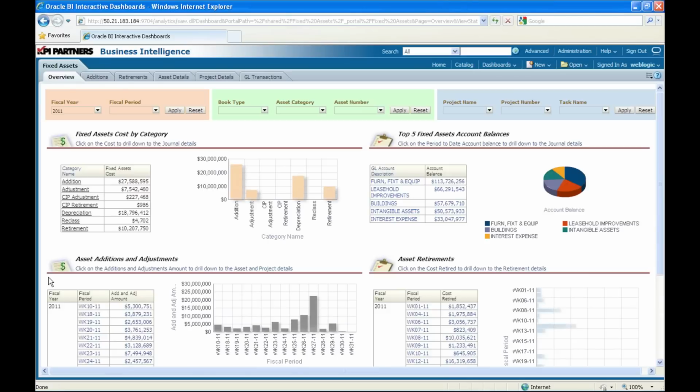Let's look at the second report, which is nothing but the top 5 fixed asset account balances. So these are the different GL accounts that I have created in my general ledger to handle the fixed asset information. Now, since this is mock data, I have just created accounts which make sense from a fixed asset point of view. Say something like buildings. Now, buildings is a GL account